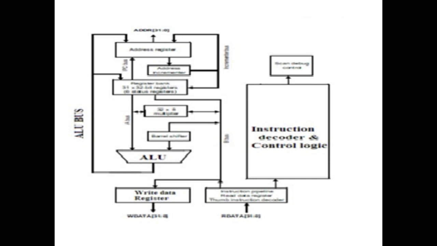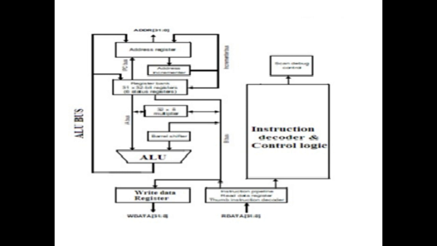The register bank of 32 bits consists of 31 registers, out of which 16 are used for the user and 6 are for the status register. The 2 buses going through it to the ALU are the A bus and the B bus. The A bus is the ALU bus which is directly provided to the ALU, whereas the B bus is the barrel shift register bus which is transferred to the ALU through the multiplier and then to the barrel shift register and then provided to the ALU. Both the buses work simultaneously.